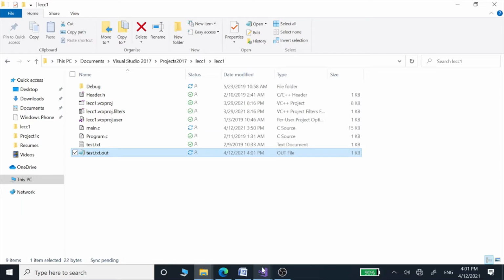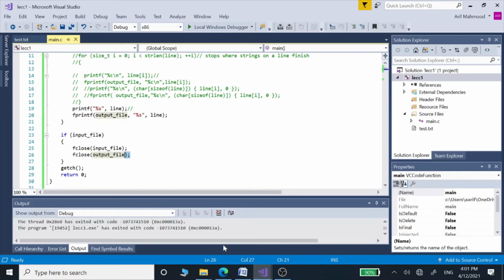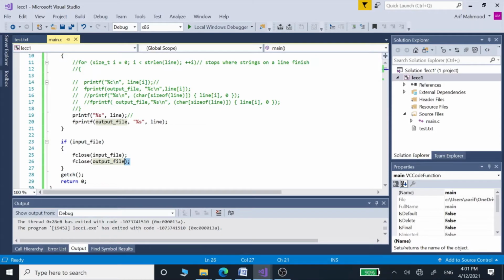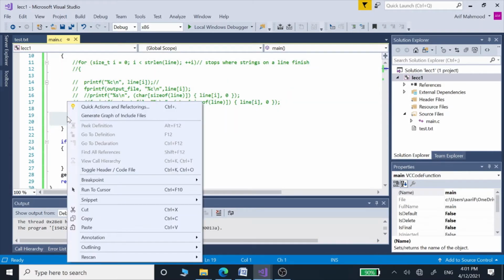And now we are going to convert this C program to get the characters from these strings. In order to do that, we are going to comment out these lines, which are giving us strings. Actually, we can comment out these from here.